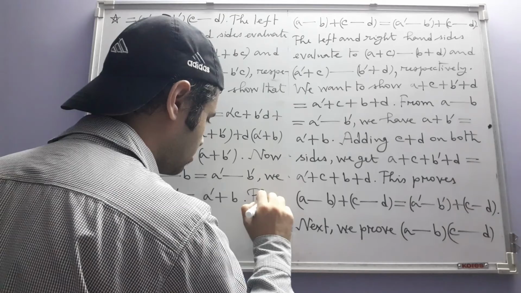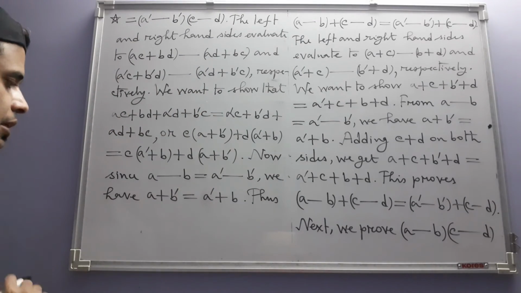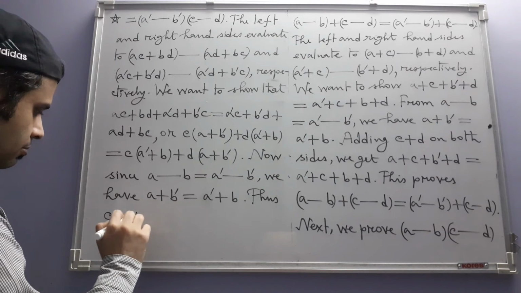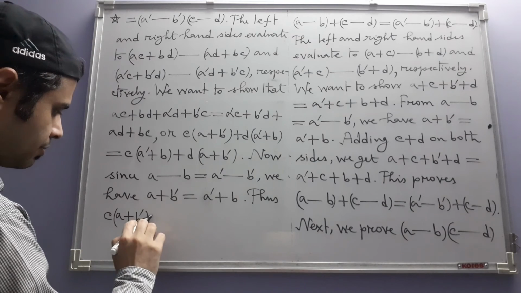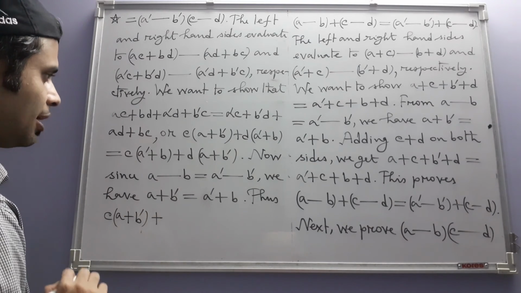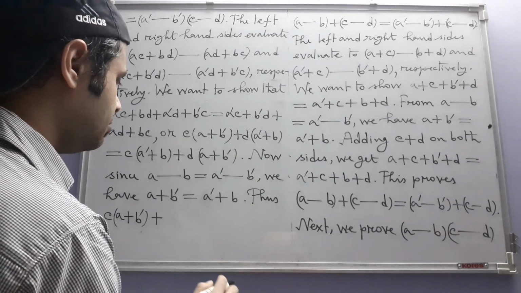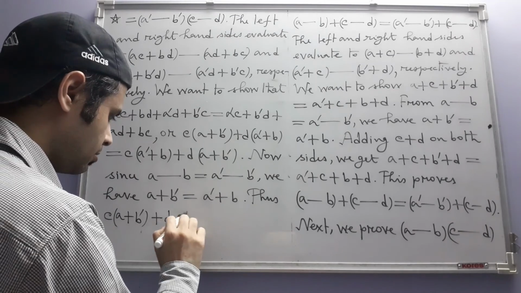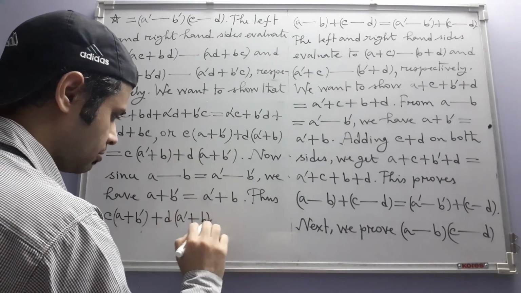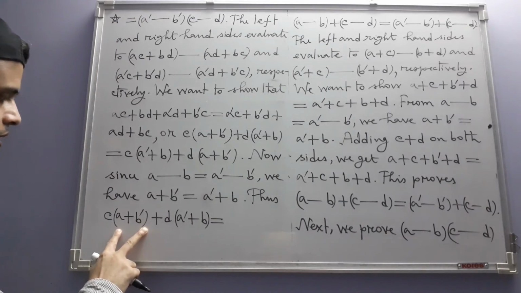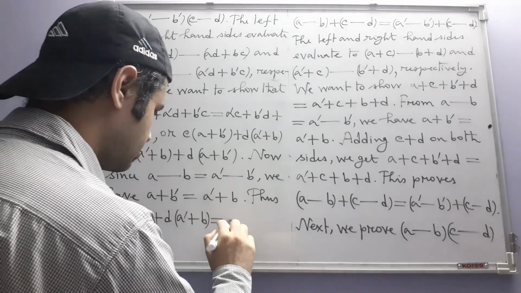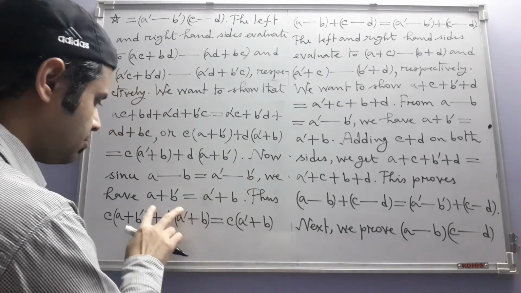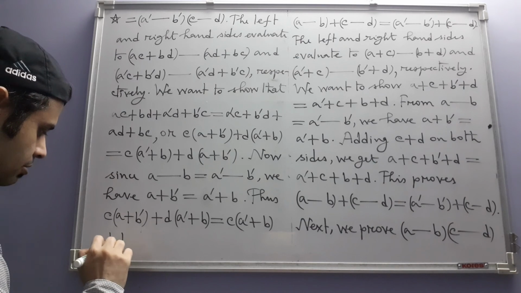Thus, multiplying both of them by c, we get c times a plus b prime, plus multiplying both sides by d but in the opposite order, we take this one, d times a prime plus b. So in place of this we can write this. And in place of this we can write this plus d times